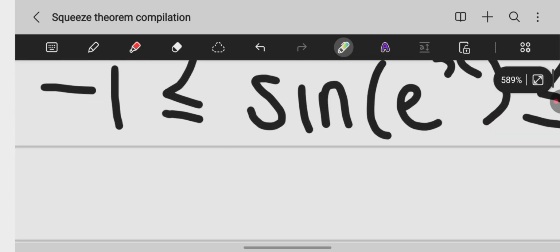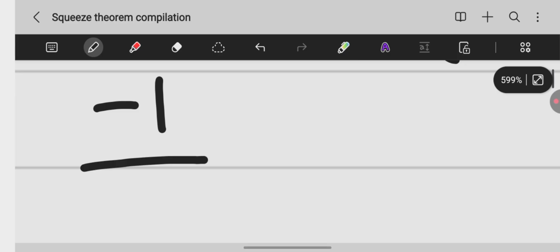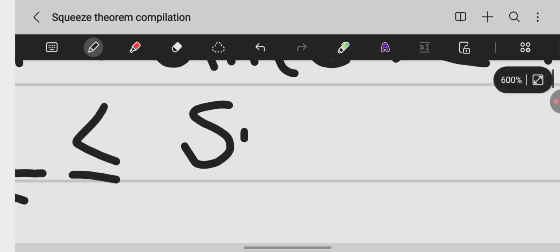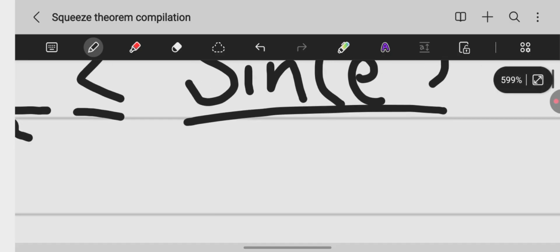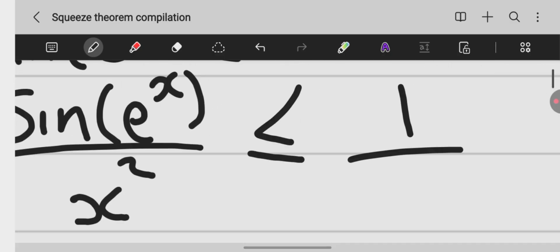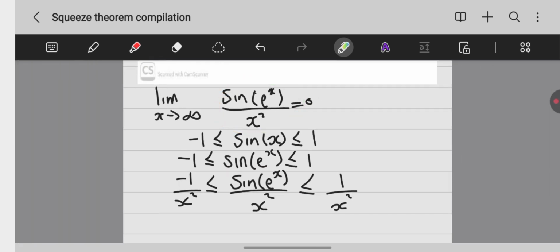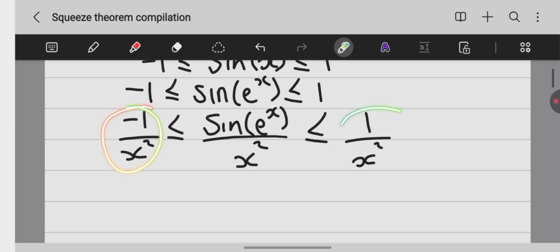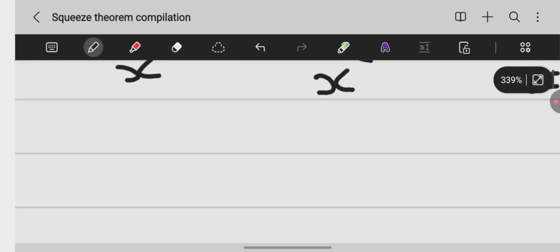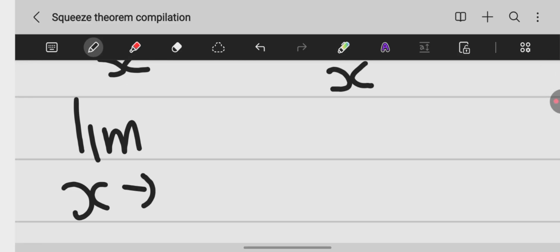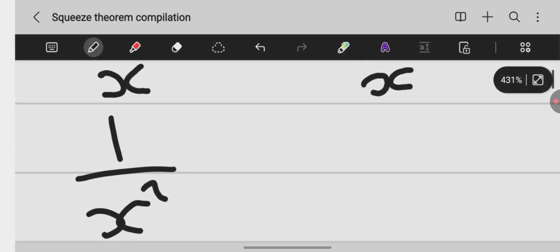And then now we're dividing by x squared. So the next step would be -1 over x squared, less than or equal to sin(e^x) over x squared, less than or equal to 1 over x squared, right? And now because our middle looks exactly like what we have here, we can now apply the squeeze theorem. So we're going to find the limit of this on the left, and then find the limit of the right. And obviously, if they are both equal to 0, by default, this would also be equal to 0, because if you think about it, this equal sign here also tells us that the limits would always be equal to one another. So the limit as x approaches infinity of 1 over x squared, this is the same as